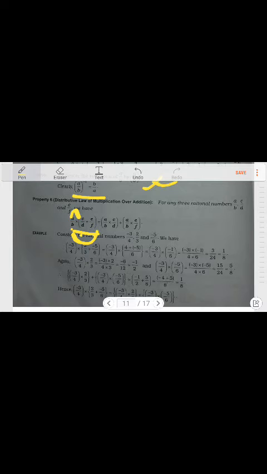This A/B is multiplying C/D also, and A/B is multiplying E/F also. Actually, when we add these two, the sum is multiplied by A/B. That means this whole is multiplied by A/B. And without doing the sum, if we multiply separately, then also we will get the same result. This is the distributive law of multiplication over addition. For any three rational numbers A/B, C/D, and E/F, we have this, that is